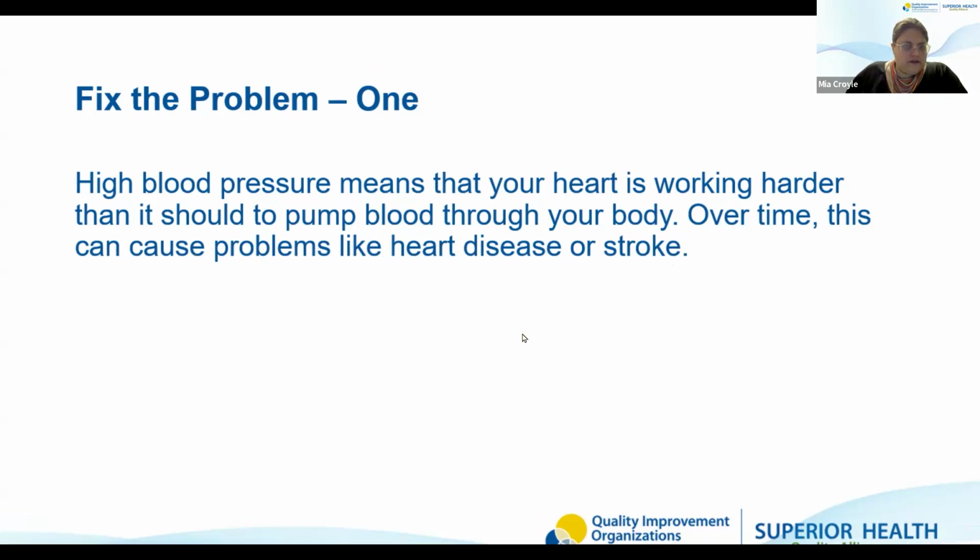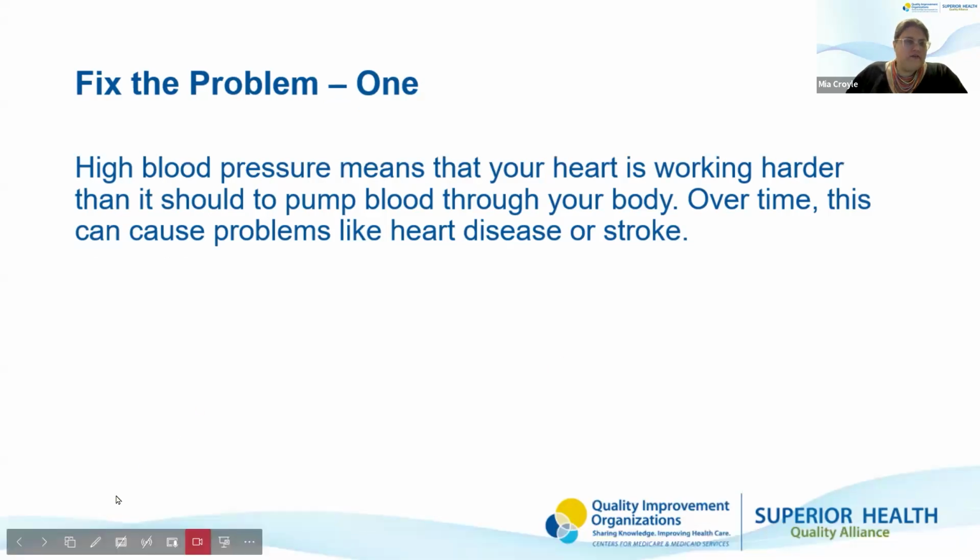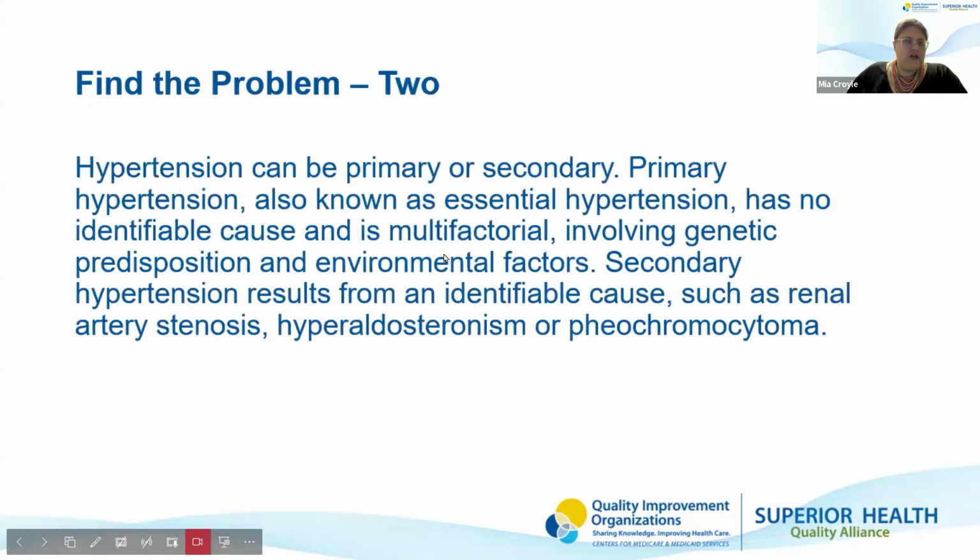All right, got another one in the chat. Hypertension, high blood pressure, is above the normal range of 120/80, and that can cause worsening issues and can cause damage to your heart or kidneys. Yes. Nice. All right, sticking with our hypertension, we're going to take a look at another problem. This one's a little longer.